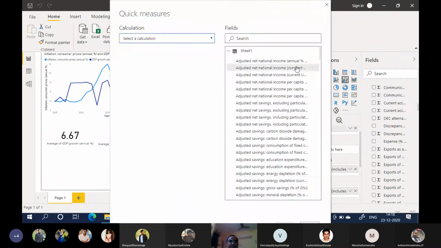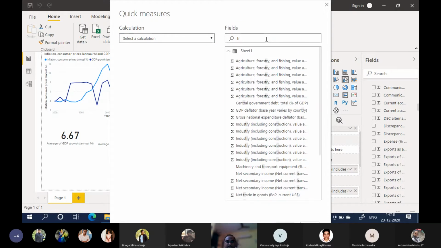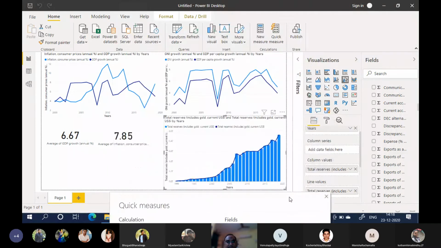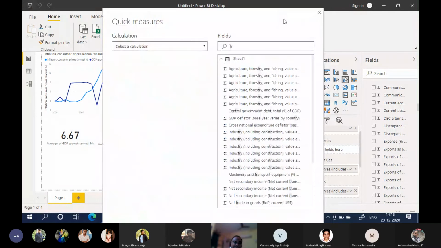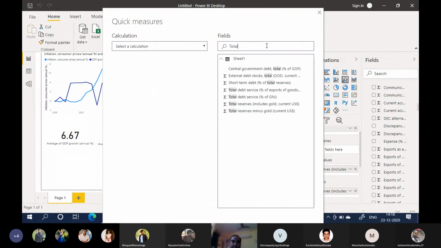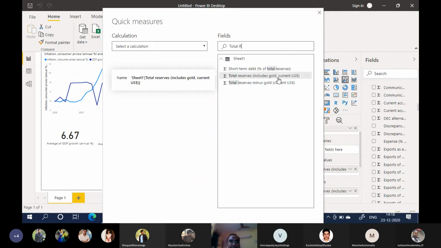New quick measure. We are using what? What is the column name? I forgot. What is the column name here? Total reserves, including gold and this thing.